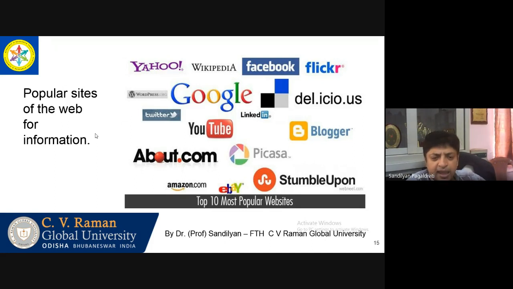Wikipedia, yes, has some aspect of quality, but then Wikipedia is very smart and it tells you that this information needs to be authenticated. So whenever you collect information from Wikipedia which is not verified, please be sure that you cross check and verify such information. Facebook, Flickr, Google, YouTube are all different social media platforms where you can get information which all needs